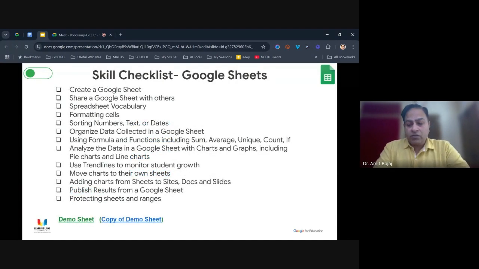The skill checklist, which is very, very important. What else is required in our L1? I'll be taking each and every step by step. So creating a Google Sheet, share a Google Sheet with others, and the basic vocabulary one should know, and then